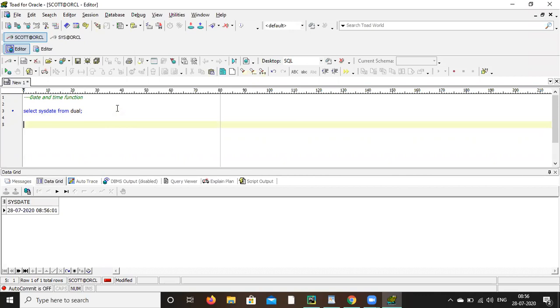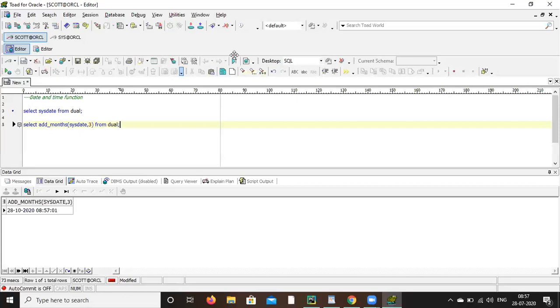Next, select add_months, within bracket sysdate, comma 3, from dual, semicolon.